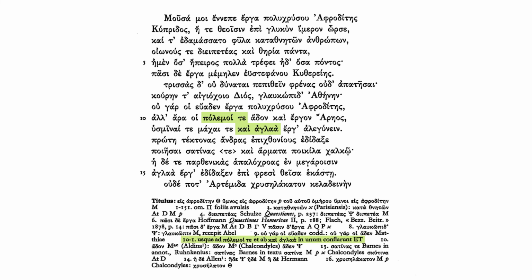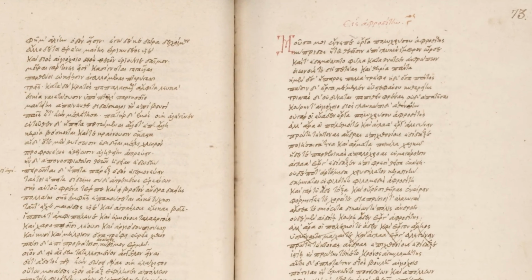The note as a whole translates as: manuscripts E and T jam together the text up to polemoite and from kai aglaa onwards. And this is shockingly silly, because what it means is E and T omit a line. The scribe's eye simply jumped from the te in line 10 to the te in line 11 and carried on. Càssola could have covered this with a simple om, but hey, why use om et when you could write usque ad polemoite et ab kai aglaa in unum conflarunt et? Mustn't make it too easy for the proles, I guess.